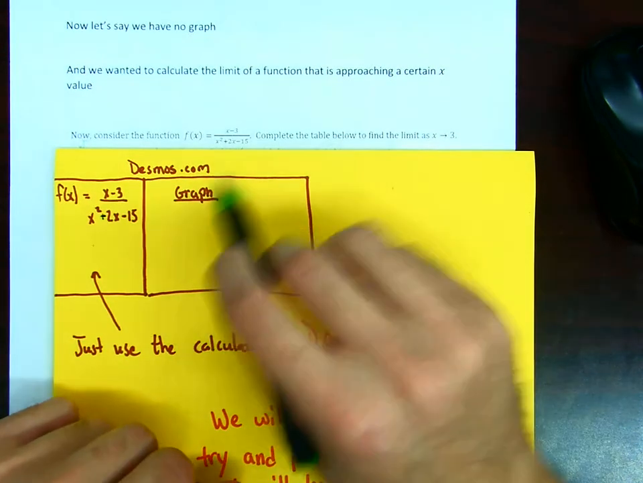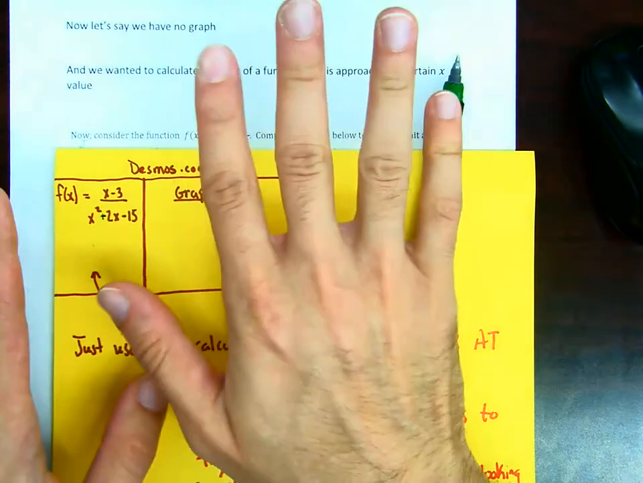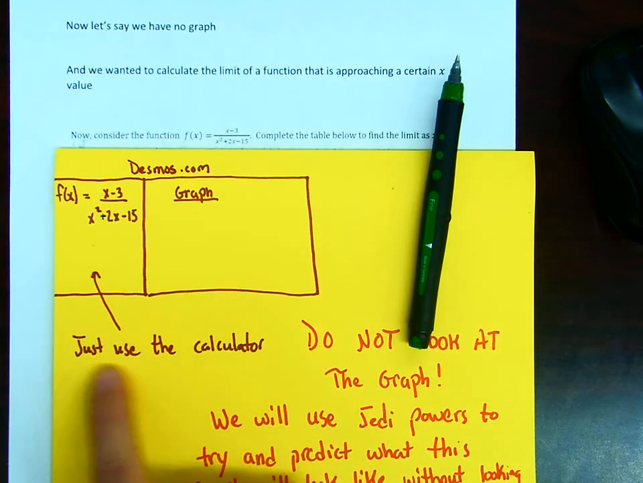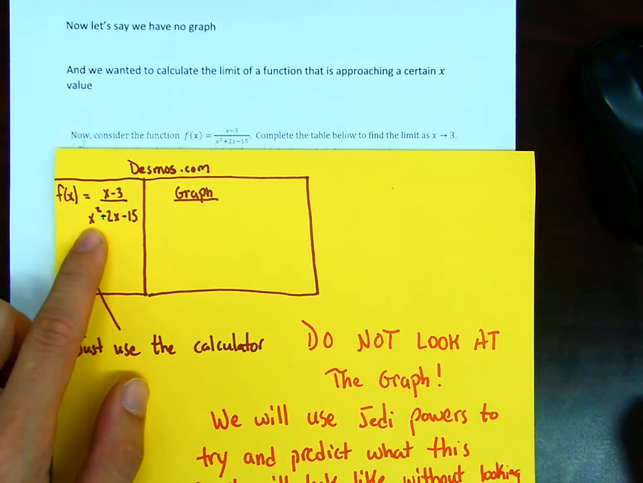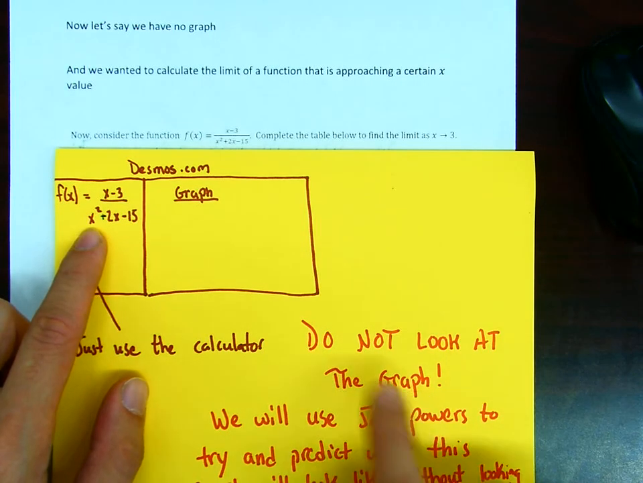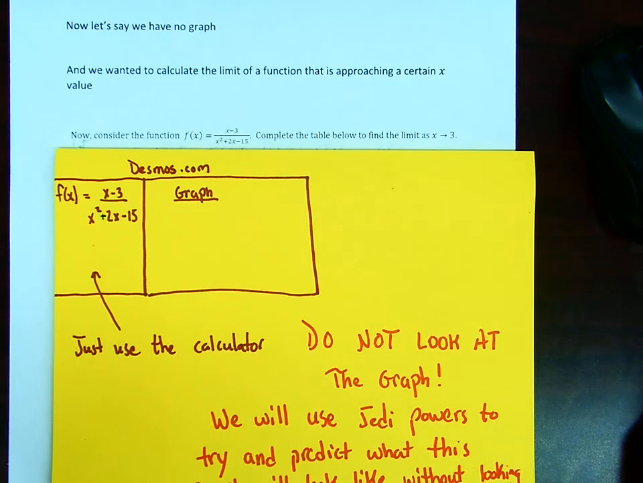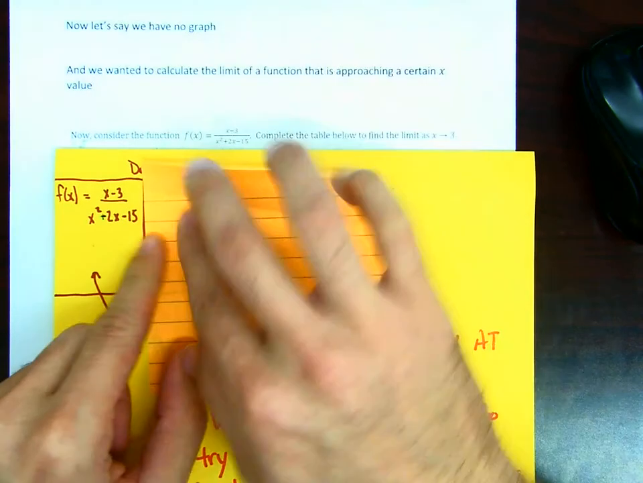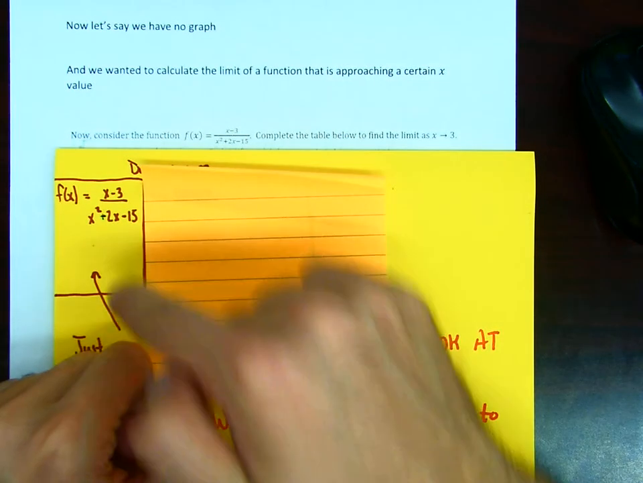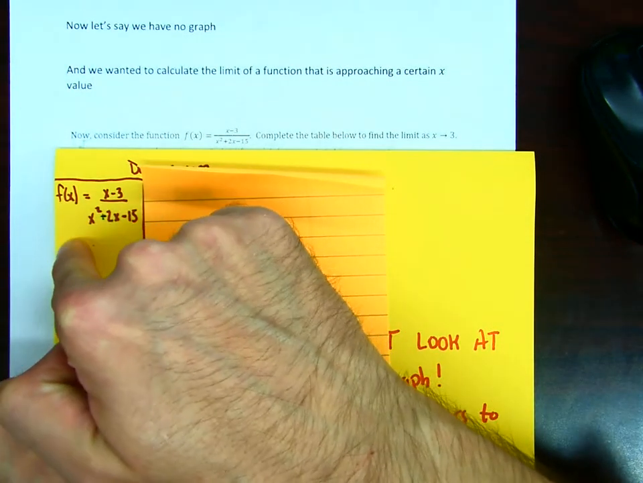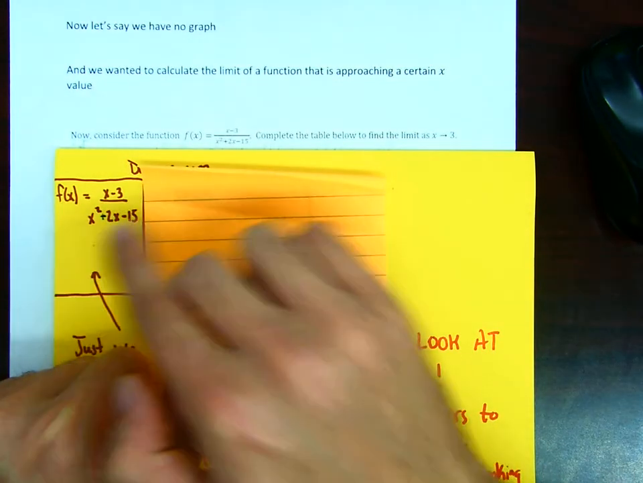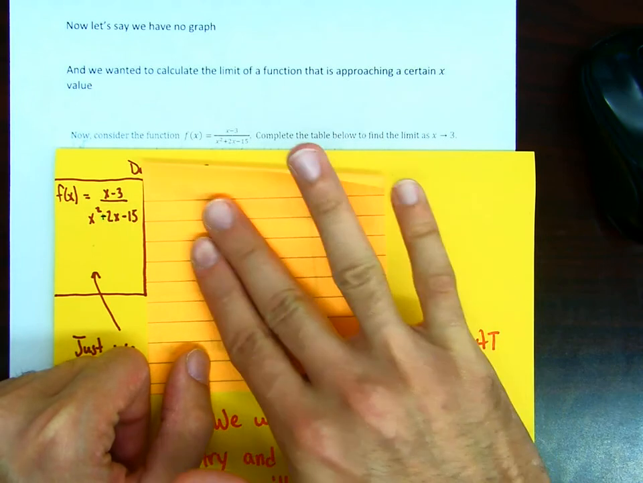Now, if you plug this in, please don't plug it in yet. You're going to get a graph. What I want you to do is just use the calculator and do not look at the graph. But how are you not going to look at this graph? What I want you to do is literally find something at home and cover your screen so you do not see the graph. All I want you to do is look at what the y values will be when you plug in values close to 3. I want you to cover this part of your screen so you do not